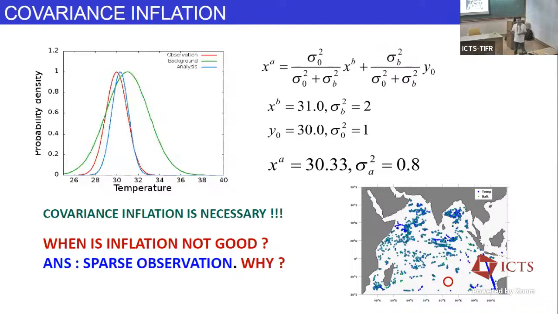What happens then? In situations like this, let's say the temperature here is 30 degrees from the model. The observation tells us no, it is not 30 degrees, it is 26 degrees. And then there is a sudden jump in the analysis here by, let's say, 2 degrees centigrade. Because of data assimilation, the model jumps from 30 degrees to, let's say, 28 degrees. By 2 degrees, the temperature has fallen.